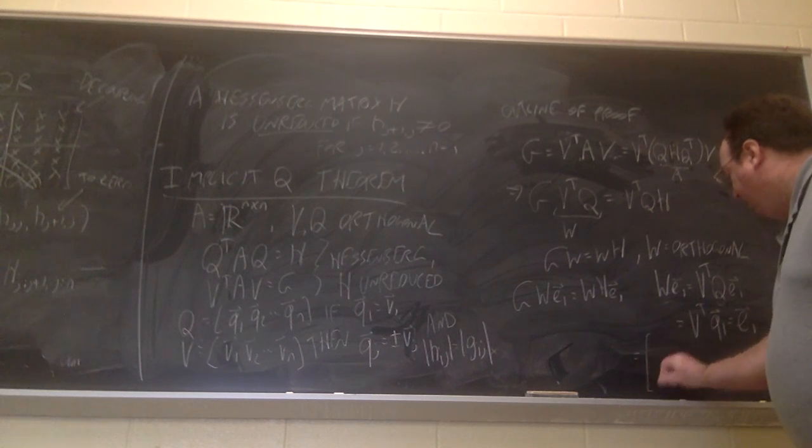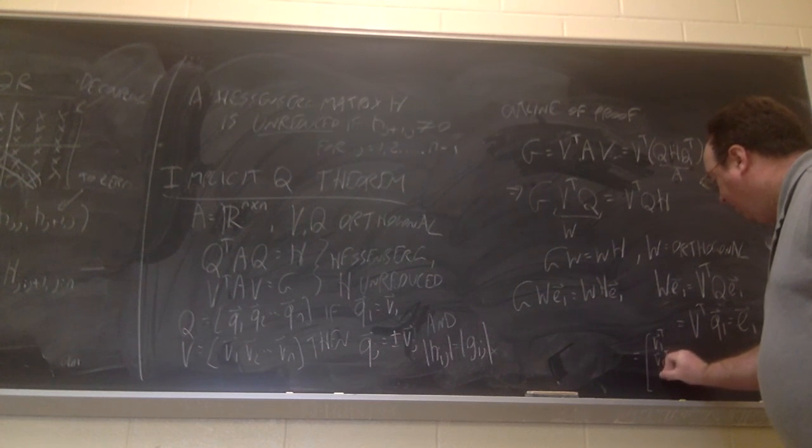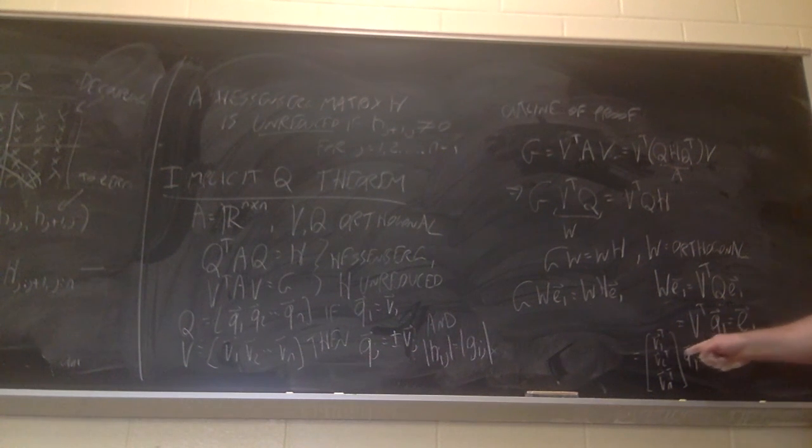Now, to give you an idea, that's the same as V1 transpose, V2 transpose, down to Vn transpose times Q1. V1 is Q1. Q1 transpose Q1 is 1. It's a unit vector. All these vectors, V2 to Vn, are orthogonal to V1. But V1 is Q1, so they're orthogonal to Q1 also. That's why I get 1, 0s. Okay, so the first column of W is E1.